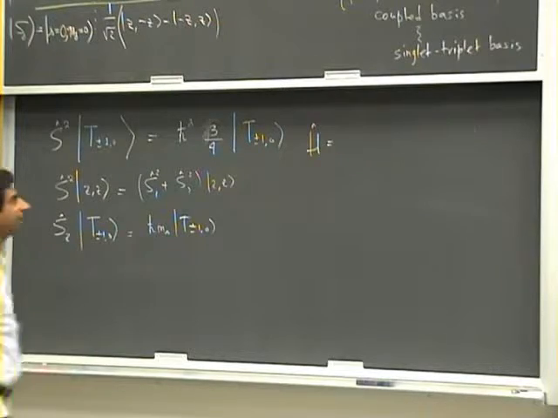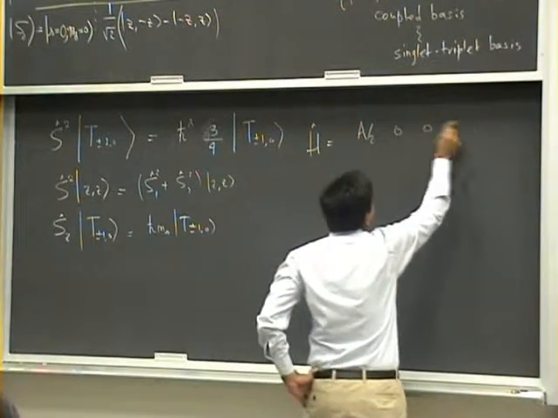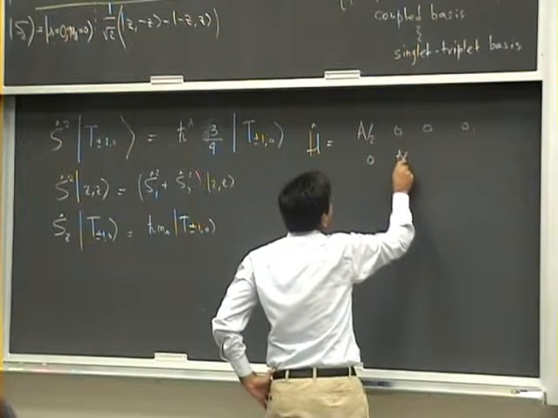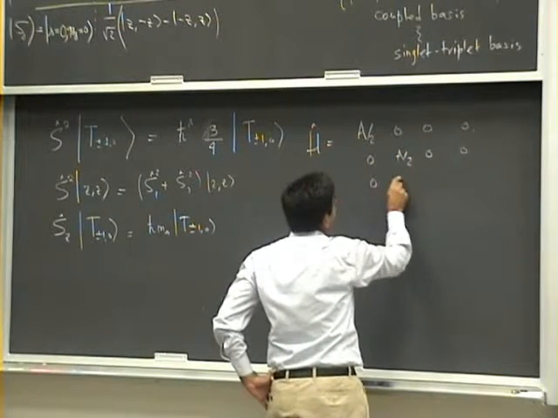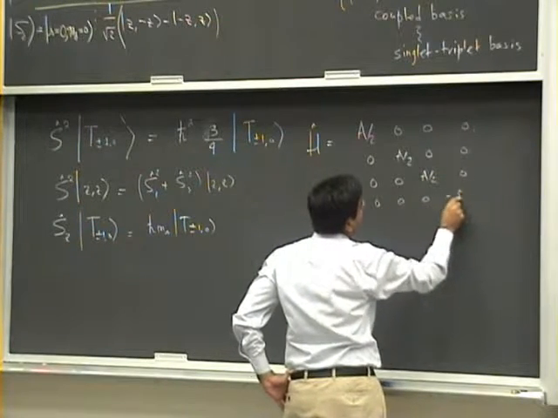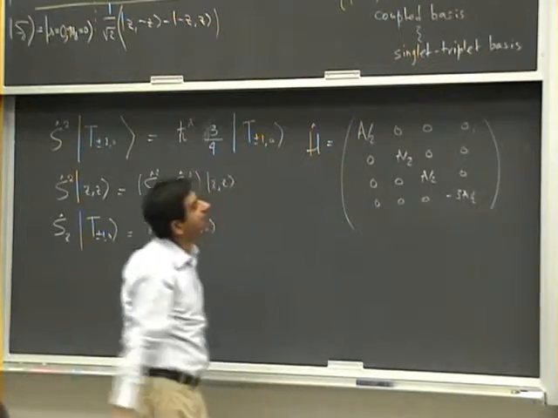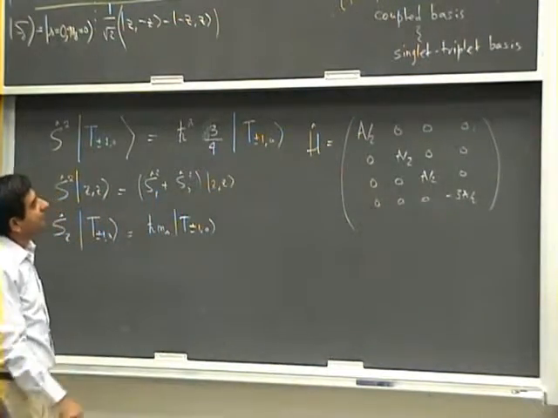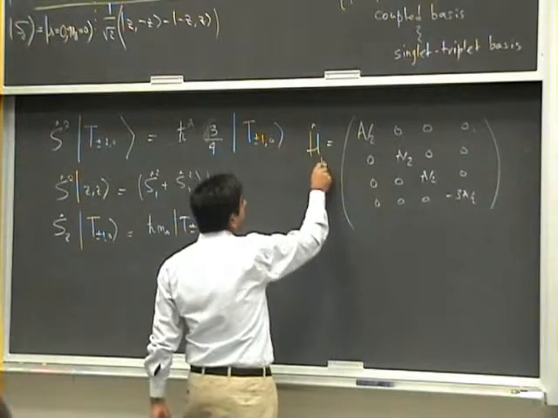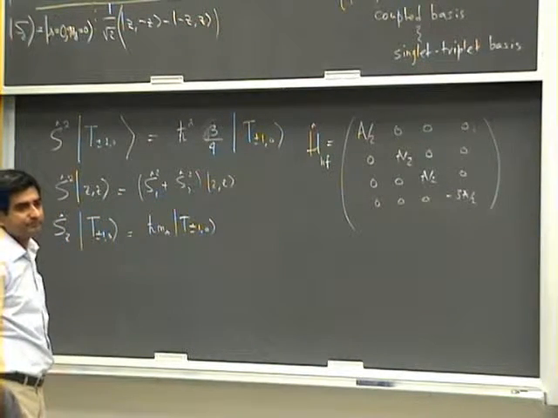What are the eigenvalues? The eigenvalues we found out the other day: A over 2, A over 2, A over 2, minus 3A over 2. Okay, so this is the hyperfine interaction Hamiltonian in the singlet triplet basis,